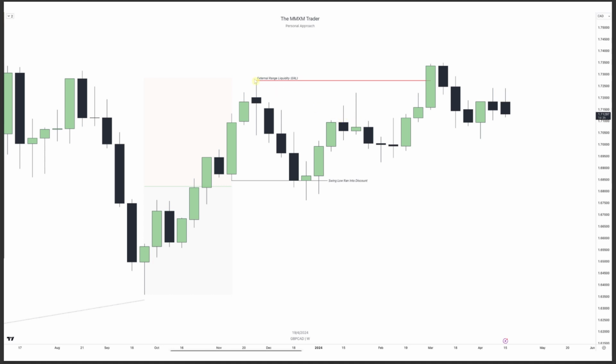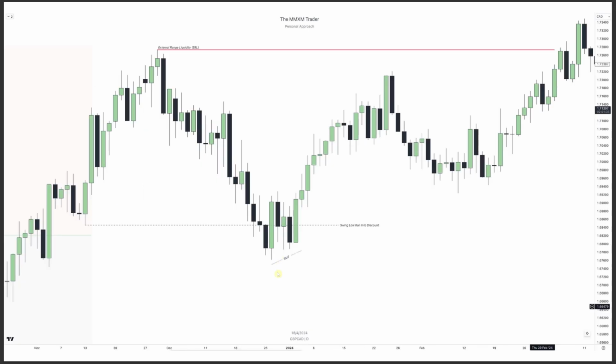We've got that external range liquidity up here. So what are we going to be focusing on? So on the weekly chart, we ran that low into discount, right? And now we're going to go into the daily time frame to see if we can form some SMT to confirm that market structure shift, right? We've got SMT on this low down here,